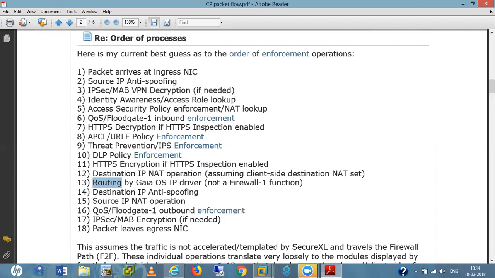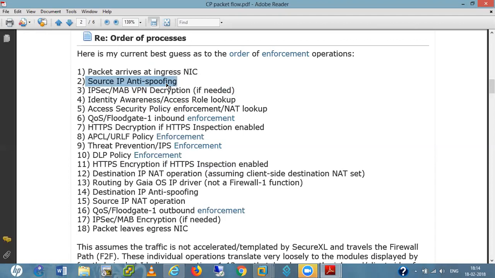Now it checks for destination IP spoofing. Again here, first it checks the source. The thing is, if we are going to send our data into the DMZ zone from the outside zone, suppose from the outside interface we are sending data to DMZ servers. In source, what does it check? We are receiving this packet on the outside interface, right?